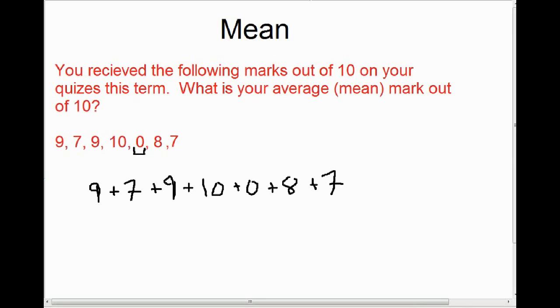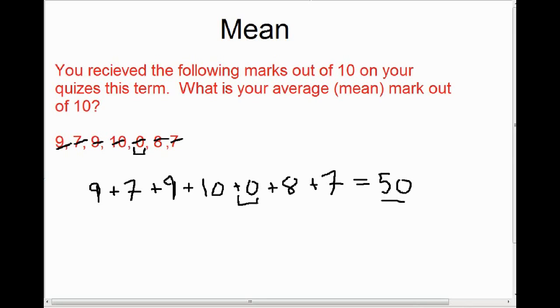So suppose you had been away maybe for a couple of weeks and you've missed a lesson, or maybe you weren't feeling well that day. Something happened there where you got a significantly lower mark than the rest of the marks. But because it was one of the marks, we do have to include it here in the values that I've added together. So when we go ahead and add those values together, we get 50, and here again we